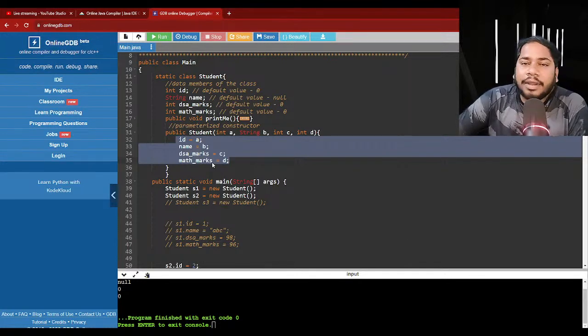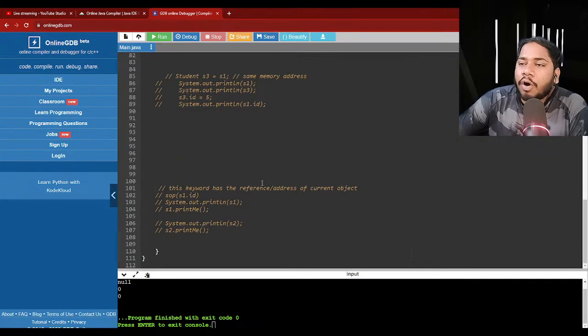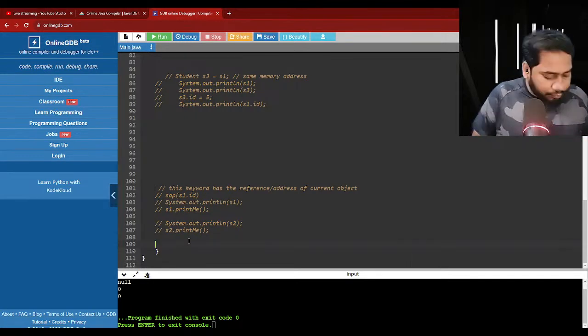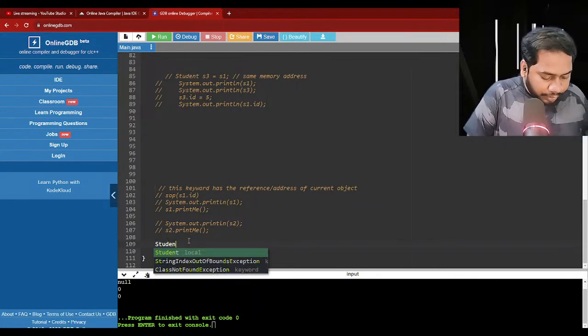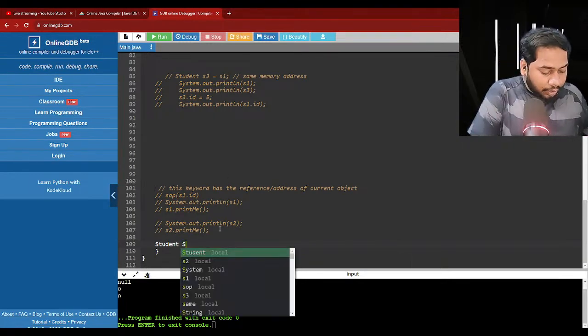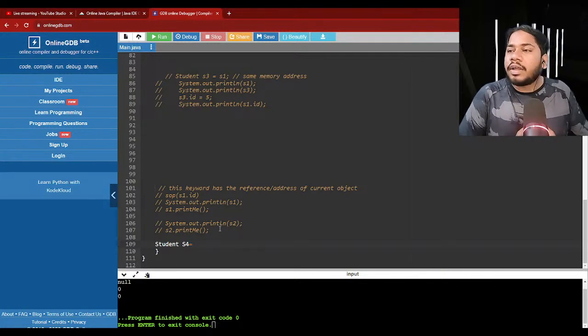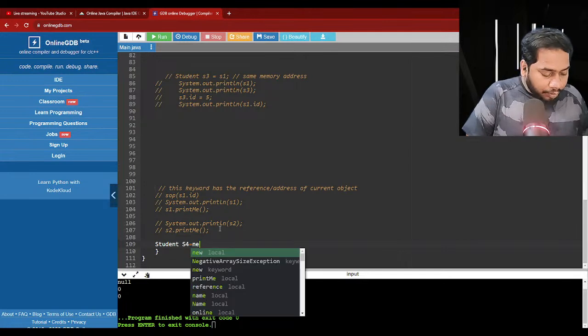So we have created a parameterized constructor as of now, but how will we use it? Let's now create a new object. How will we create an object? Using student. The last object was S3, right? Let's create S4. S4 is equal to new